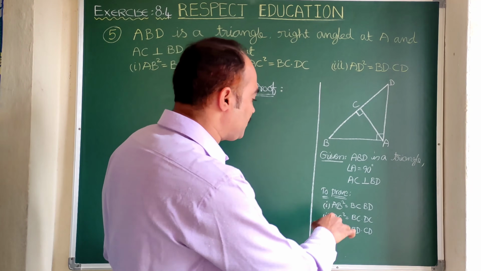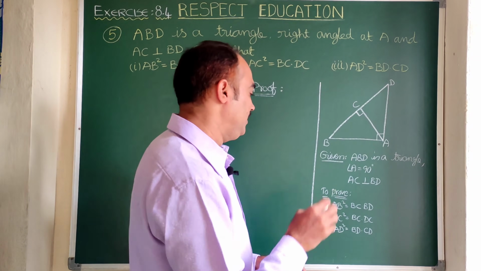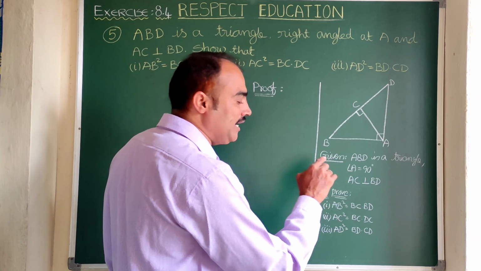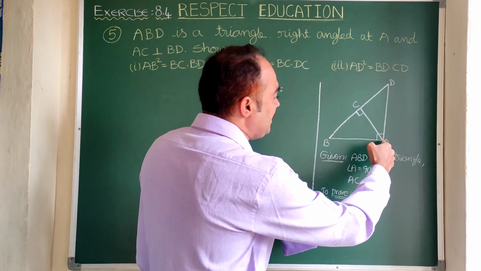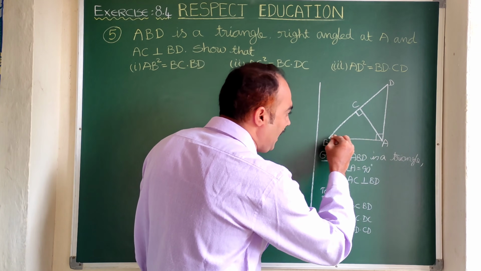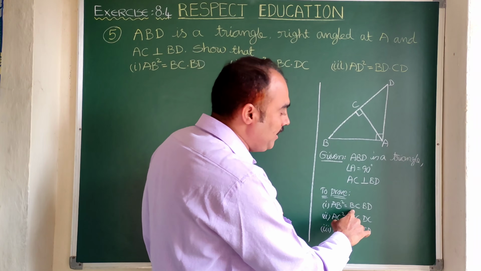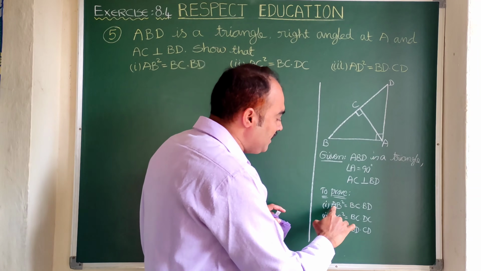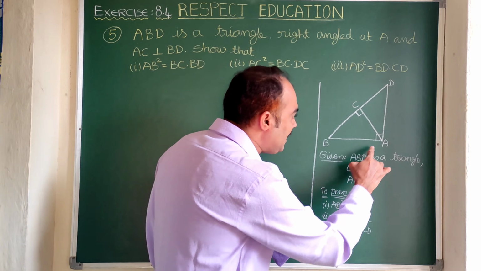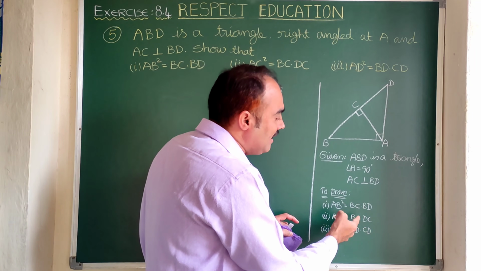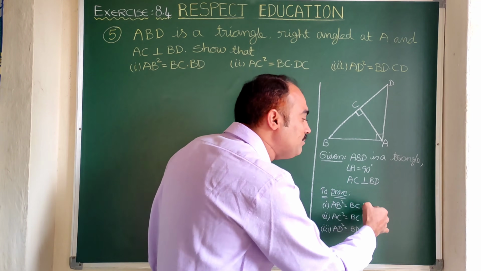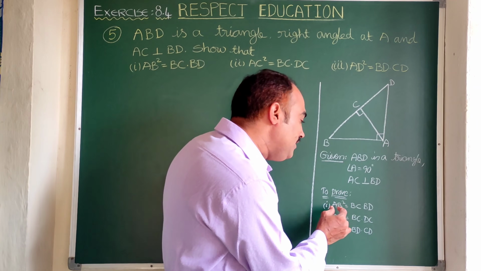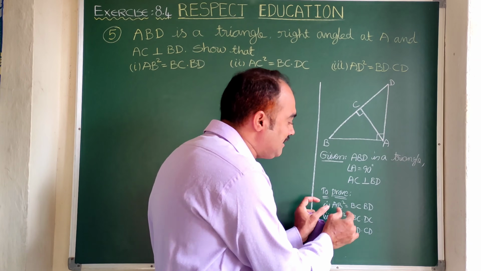Here let us observe each of these bits carefully. Here you see AB square, nothing but AB into AB. You just imagine that you are walking AB and again on AB. BC into BD, BC and then BD. Here you observe this AB into AB. First time you say AB and then you say BC. Second time you say this remaining AB with BD. Here don't be confused. I repeat, AB square, mentally you think that is AB into AB.